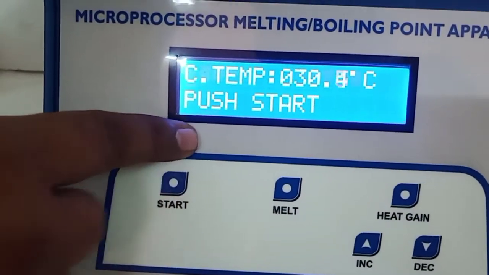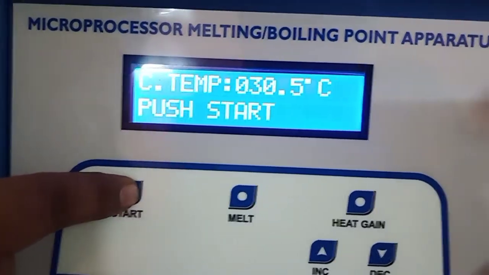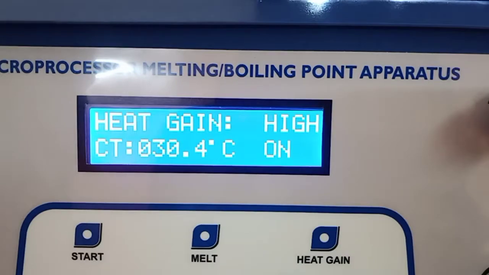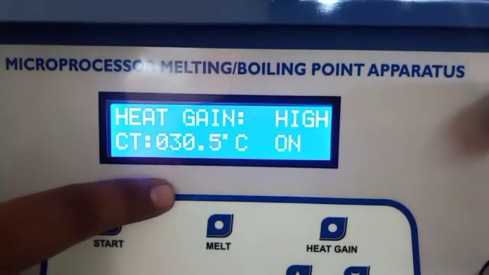After that, press start button to start the process. Here heat gain is high. You can select low heat gain also.